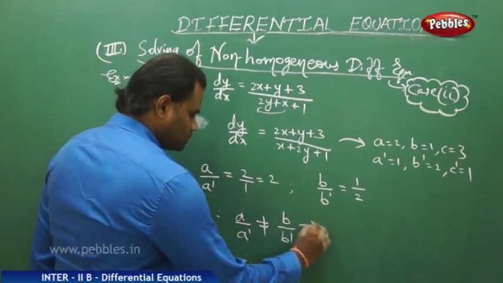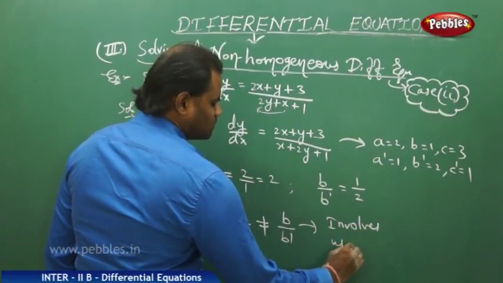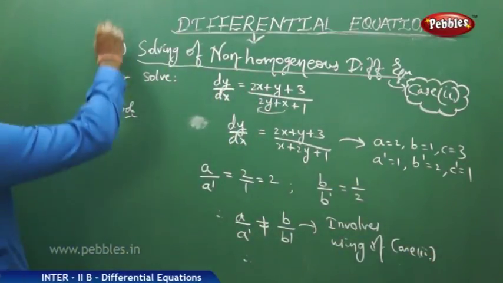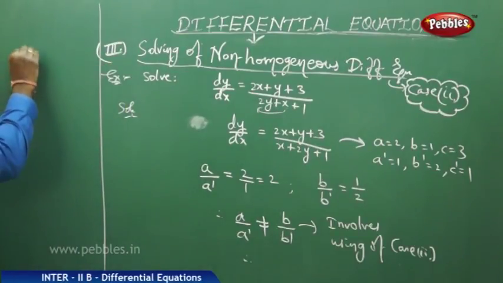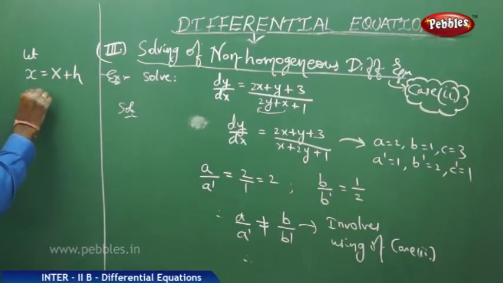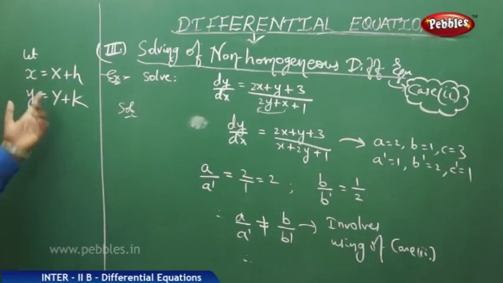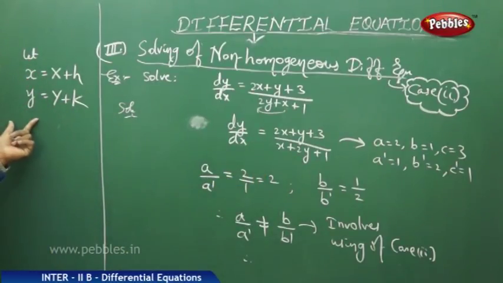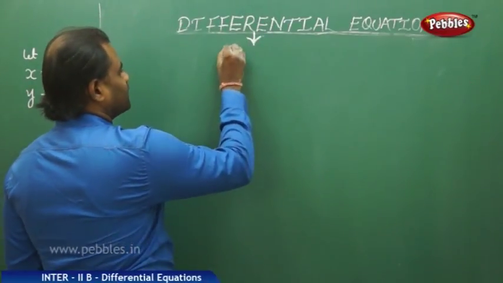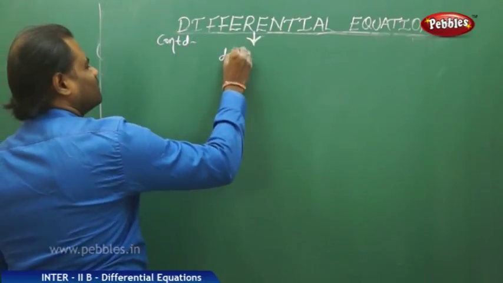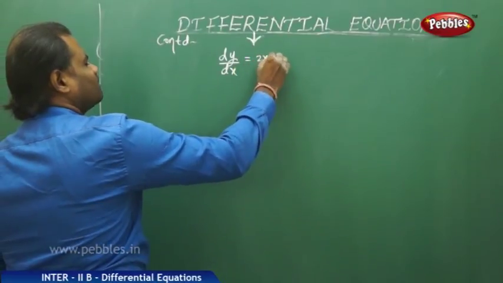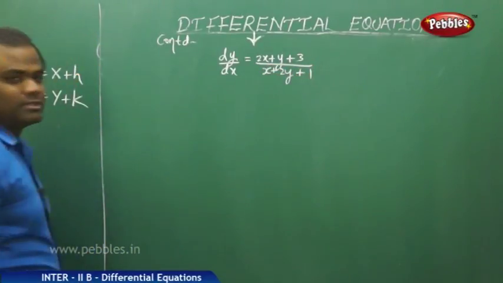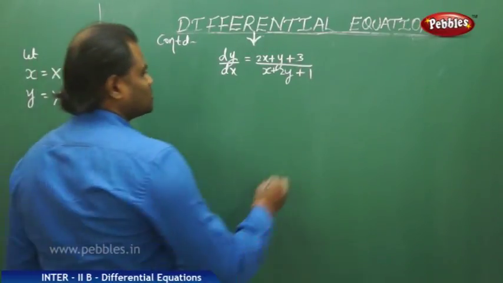Therefore, this involves the use of case 2. So in case 2, we just take x equals X plus h and y equals Y plus k. So using these two, let's see how the given differential equation reduces to capital X and capital Y in terms of x and y substituted there. Therefore, the given differential equation when substituted with X plus h and Y plus k reduces to